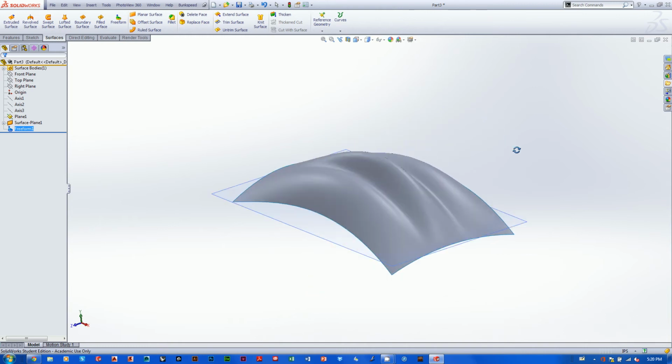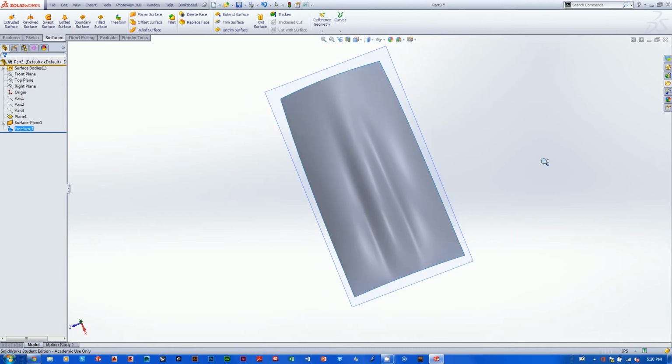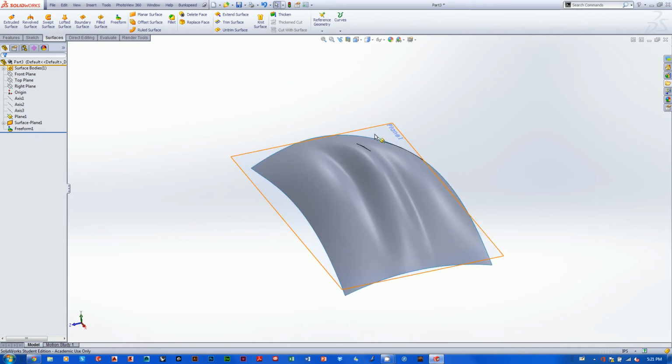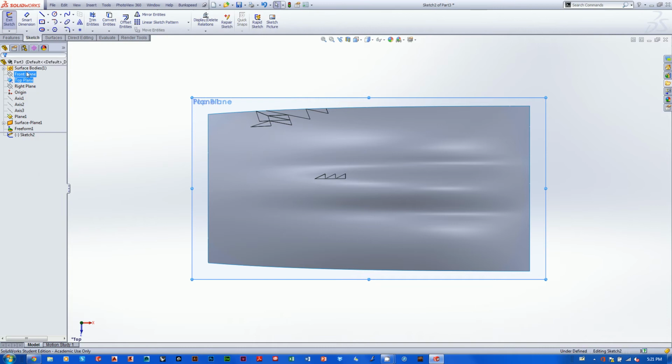So there we go. And the next thing that I would like to do is trim this to a top profile that I like a little bit more. And so let me get in there and do that. I'm probably going to create my top profile sketch on the top plane, as I would. And so let me just get in there and I'll look normal to the top plane. I will open up a sketch on the top plane, and just for demonstration purposes I will open up a